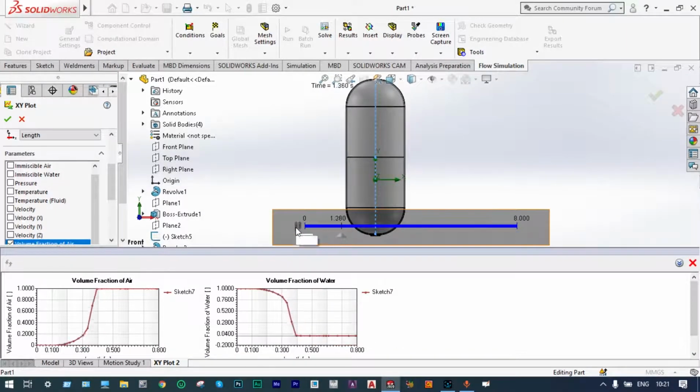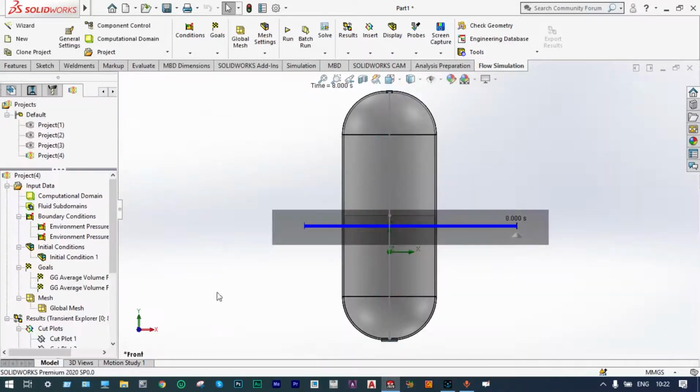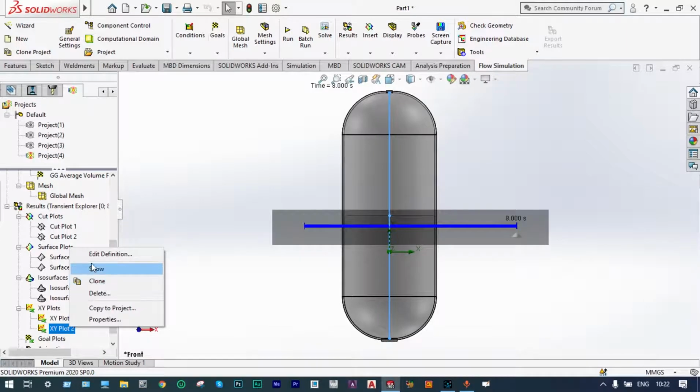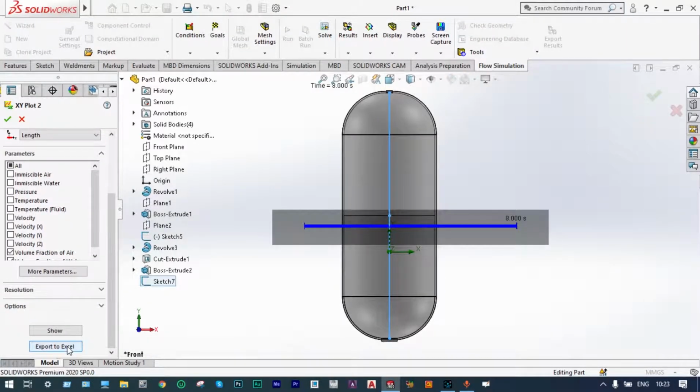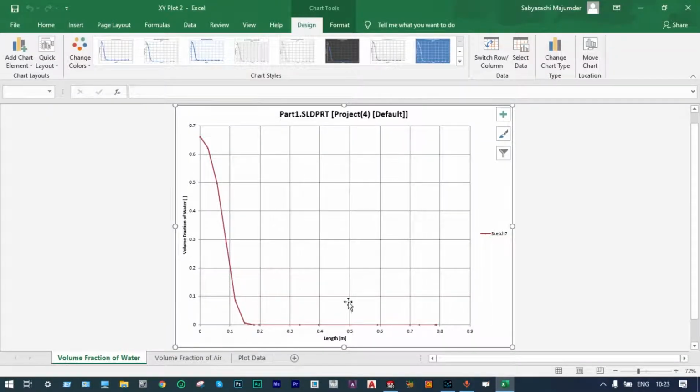And you can see how the layer of water and air is also varying, right? It is completely reversed. As the percentage of water is decreasing, percentage of air is also increasing, right? Let us export this data to Excel and analyze again. XY plot, edit definition. Let us export to Excel, and you can see first one is the volume fraction of